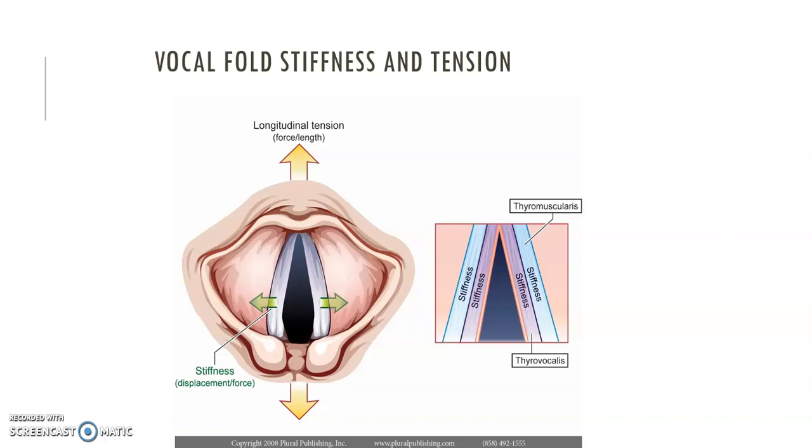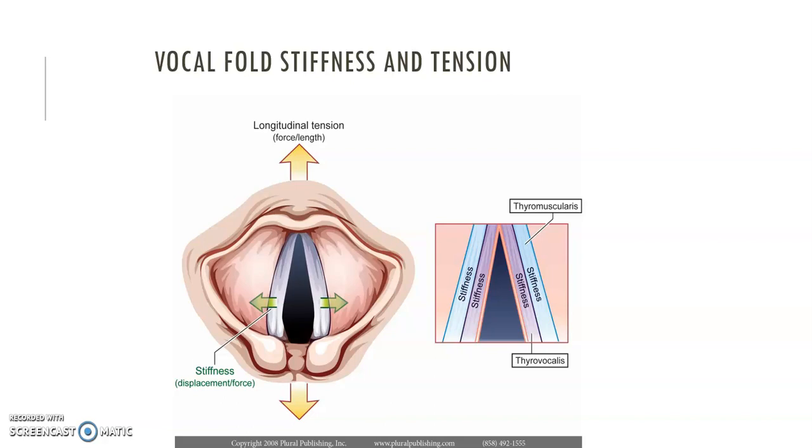The green arrows here refer to stiffness, and if you wanted to give a definition for it, it's how much force is required to displace the tissue. So the amount of force required for the displacement. The longitudinal tension, the one in the yellow there, is referring to how much force is required to change the length. So tension, you can think of in terms of a guitar string that you're tightening the screw on